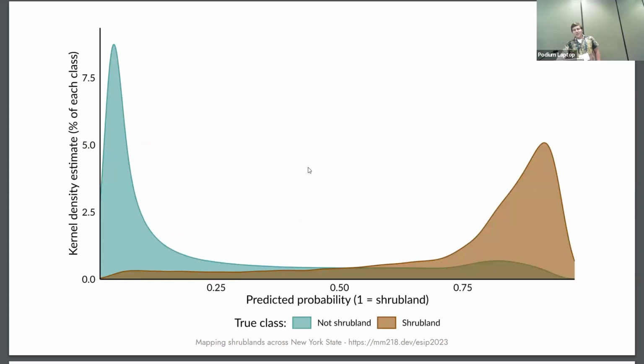So the issue is primarily that, as you can see based off these two distributions, it gets a little muddy on the right there, but both of the distributions have tails pretty much to both extremes of the probabilities that we can predict. If this was a 50-50 class split, that would mean we have about as many false positives as false negatives.